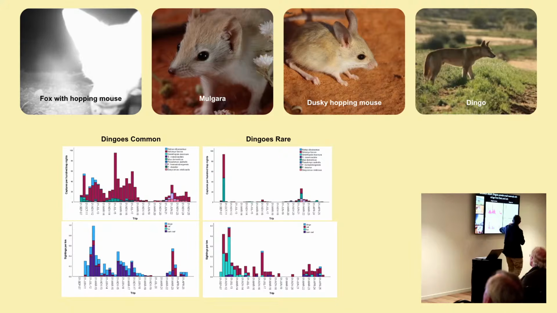So this is New South Wales, and this is South Australia, and these are small mammals on the top, mainly things like this dusky hopping mouse, and the bottom are the predators. Each predator's got a different colour. I'll do the bottom one first. Can you see the colour? There's a lot of purple and a lot of blue. There's dingoes and barn owls, the main predators that we're seeing in South Australia. And in this one, it's foxes and cats. And I think we've seen dingoes twice in 20 years in our surveys.